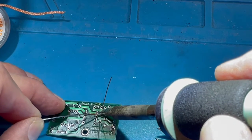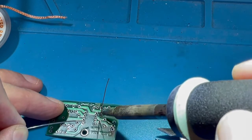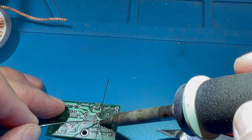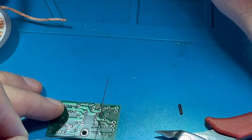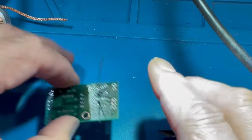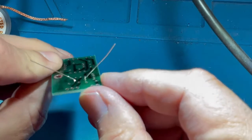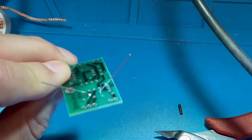Then I'm going to dab some solder in there, let it set for a minute to make sure that the solder is nicely flowed. I'll do the same to the other side, and then we'll see what it looks like. So here we see the component. Hopefully this is going to be viewable. So here we see that I'm going to use a pointer